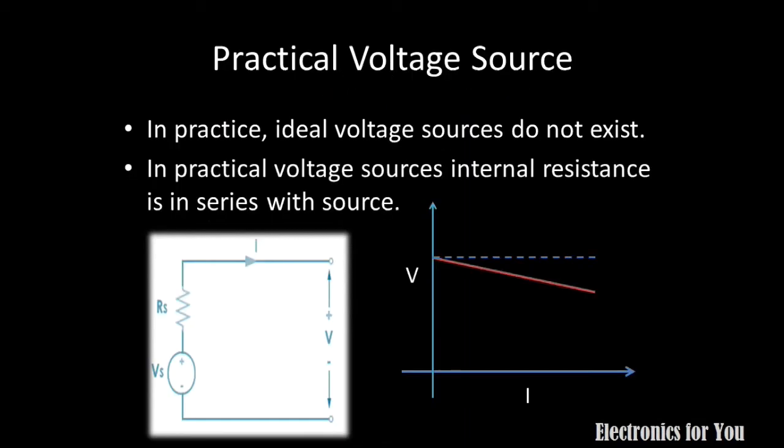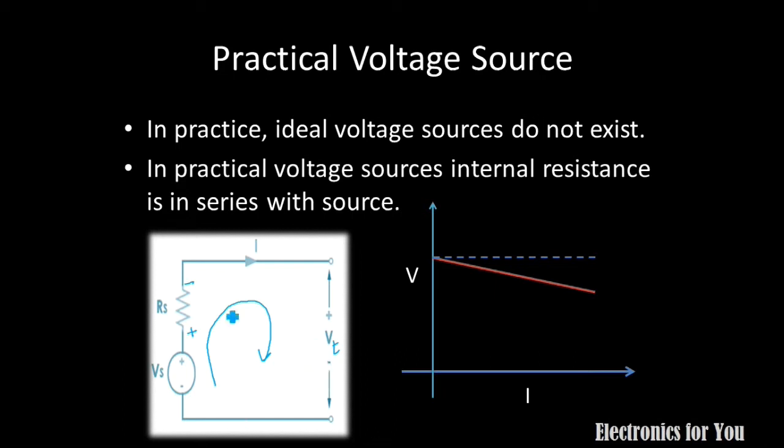Let us apply KVL to this loop. Say the current is flowing like this, with positive terminal and negative terminal. If we move like this, and the terminal voltage is Vt, then you will get,